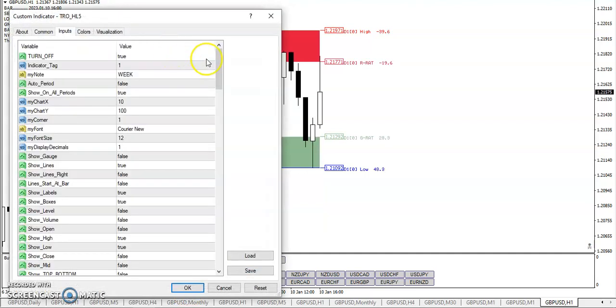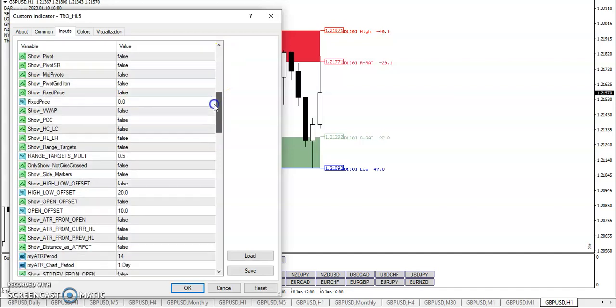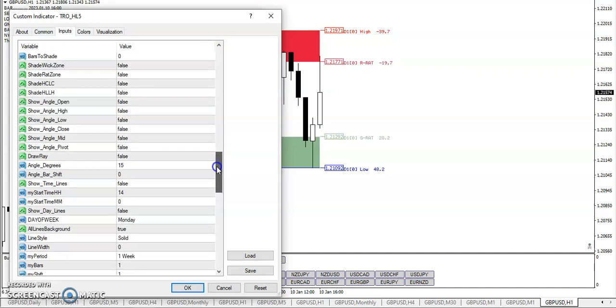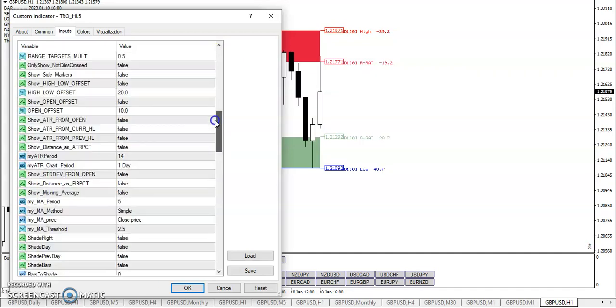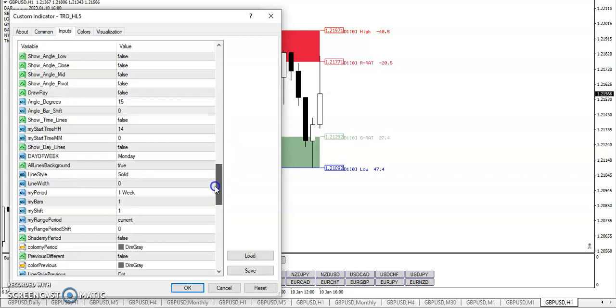We'll come over to this indicator, turn it back on. Let's use the Wick Zone. So shade the Wick Zone true,